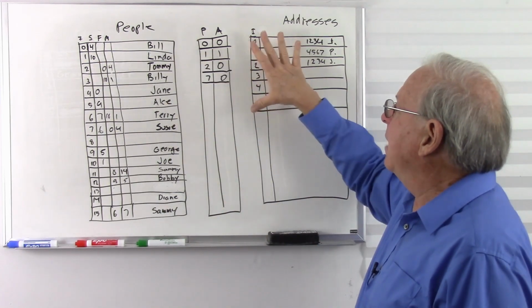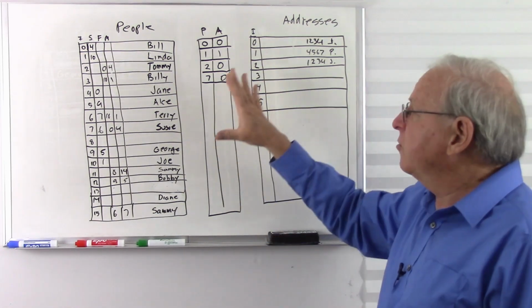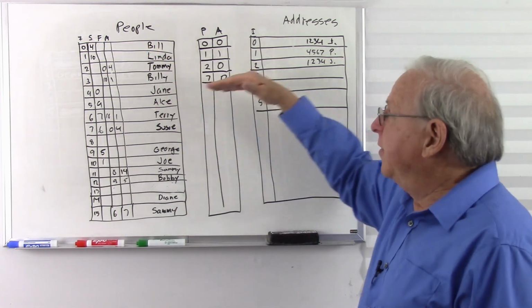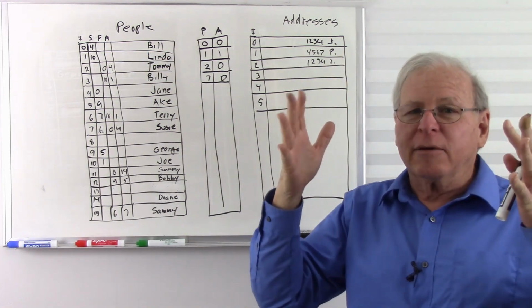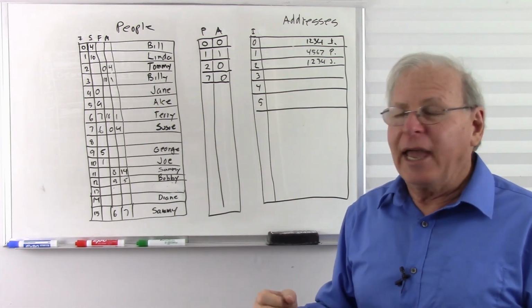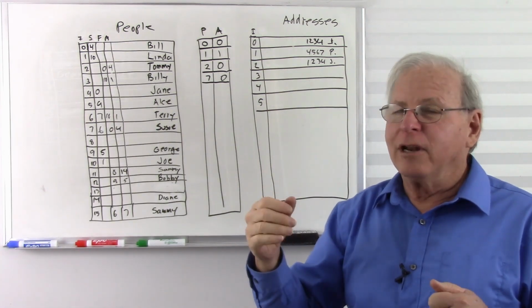So there is linking tables with an intermediary table to avoid redundancy. I use this in my testing database where I have a test and then there's questions in the test. So I have a big pool of questions and I build a test and I have a table like this that says, well, here's test number 1. It's going to be